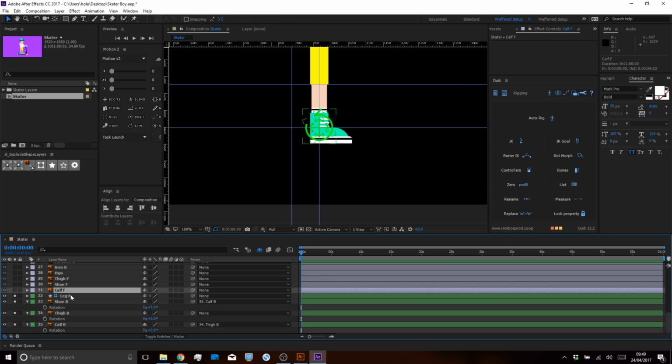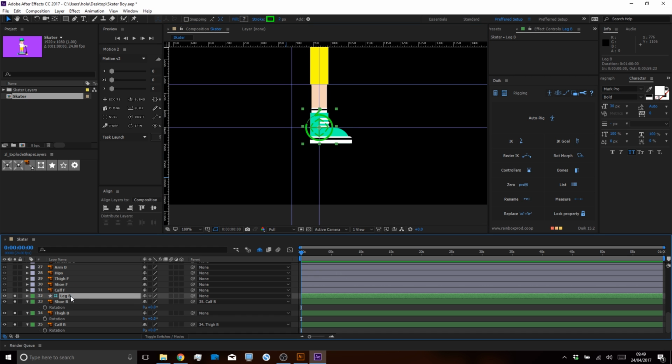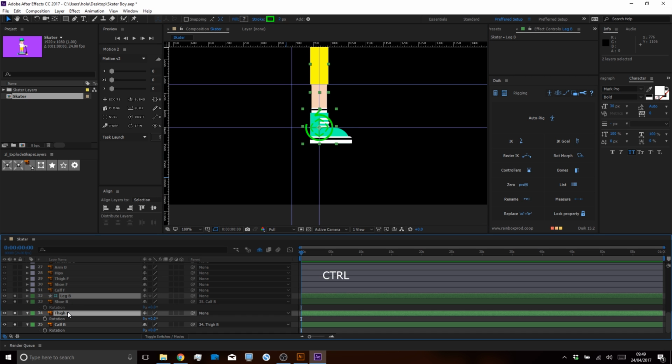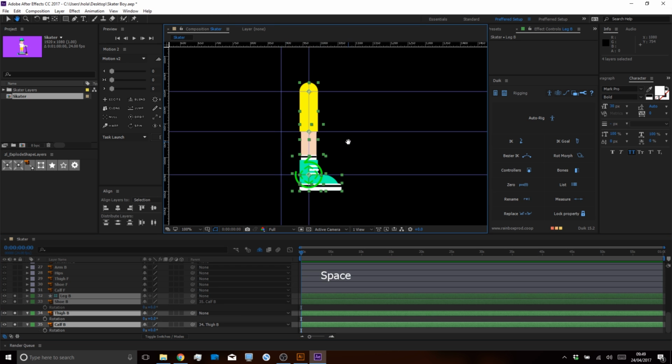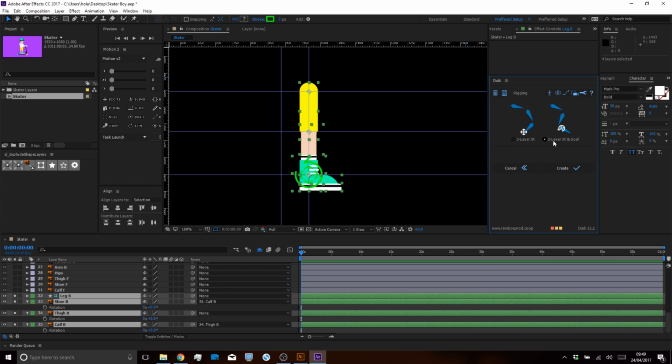So now we're going to build the IK system. Currently if I select the controller and move it, nothing happens. So we want it so that when we move the controller, the artwork bends. What we're going to do is select the controller layer first, holding Command, select the thigh, then the calf, then the shoe. So you're basically going top down: the start of the rig, the middle point, and the end point. Now we're going to go to the IK tab here and select 2-layer IK and goal and click